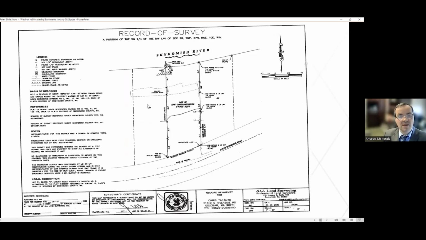Well, that work by the surveyor revealed this encroachment, and it would not be something that would typically be found by a title company when they are searching public records. Another thing to note on this example is that there's a gravel access road shown, illustrated here. That does not mean that there's necessarily an easement over there, but